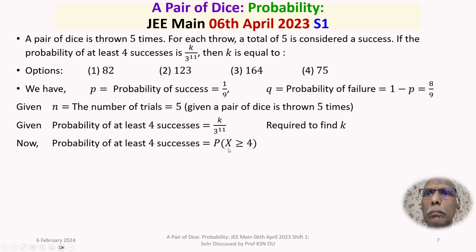Capital X denotes the number of successes. So, we must get at least 4 successes, which means X is greater than or equal to 4. And that is equal to the probability of X equal to 4 plus the probability of X equal to 5. And let us recall the binomial distribution,